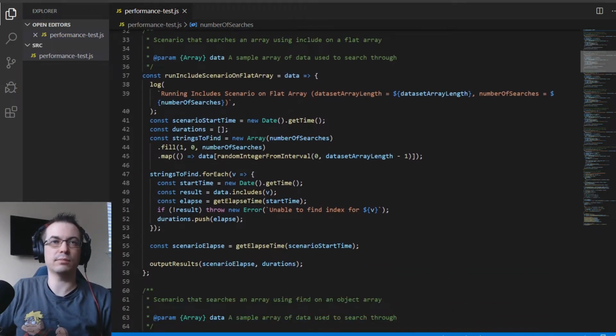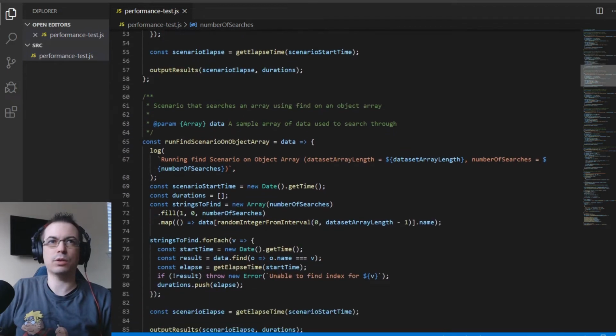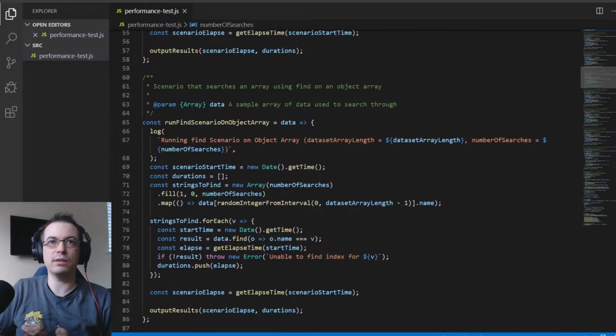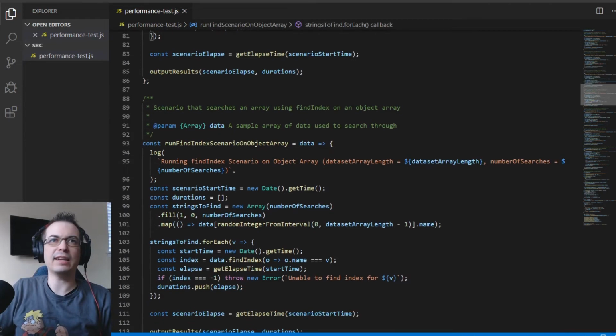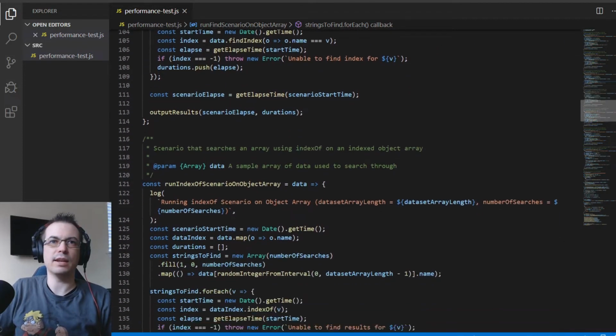methods and test style. Next, we're going to be using the find method, which uses the function here for the comparison. Next up, we have the find index scenario, which takes a function much like find and returns whatever the index value is. Okay, next we have